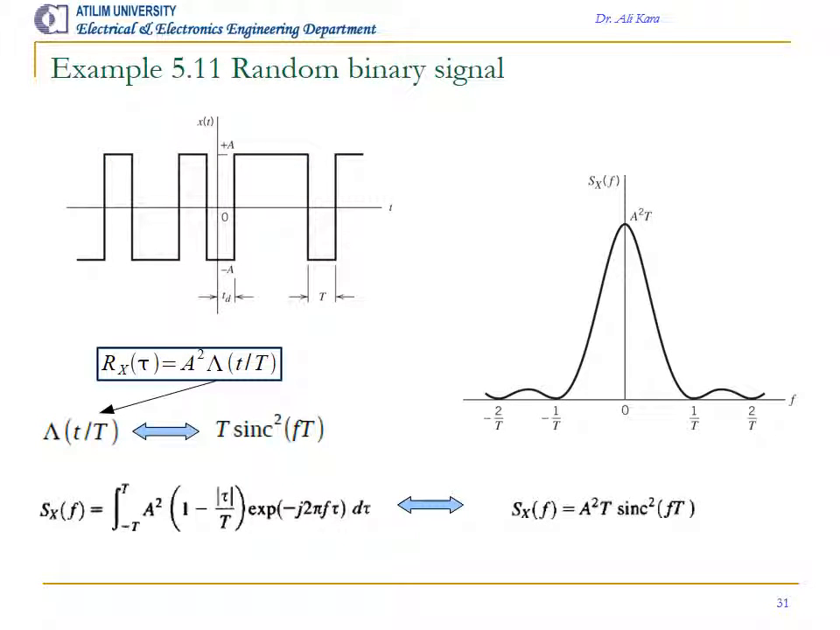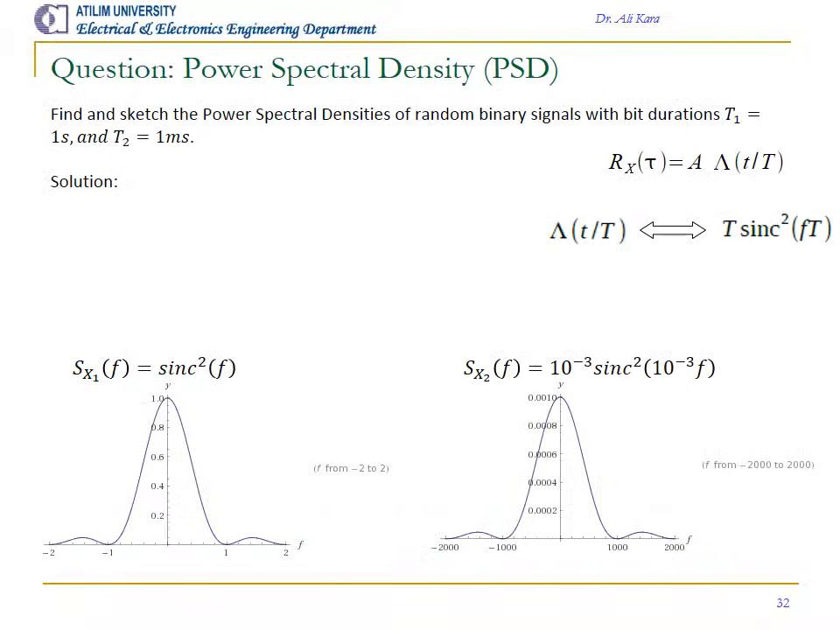Example 5.11: random binary signal. Go back to the random binary bipolar signaling case and see that we get the sinc function as the PSD for this signal type. Question: power spectral density, PSD. Find and sketch the power spectral densities of random binary signals with bit durations t1 equals 1 second and t2 equals 1 millisecond. Solution: as expected, because the second signal is varying faster than the first signal,